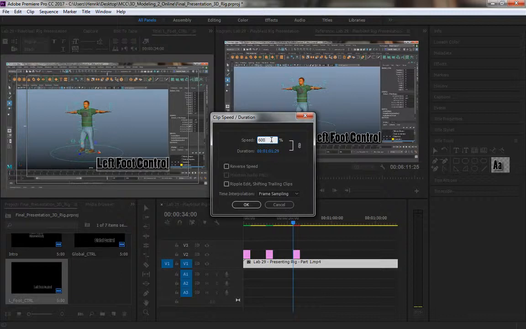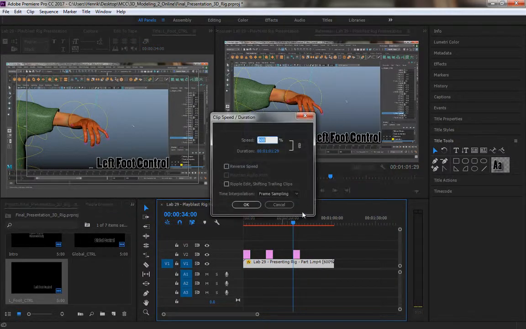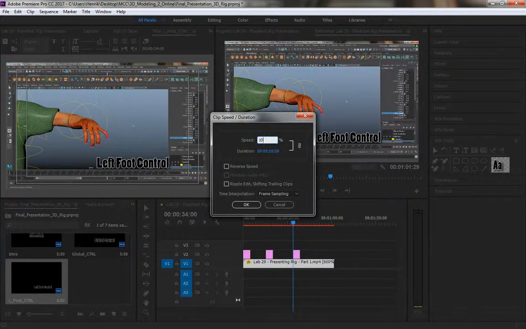You can speed up your video, and then you probably press OK. Then you'll have to go in and readjust your titles. But that's a way to make your video shorter. Typically, you don't want this to be any longer than 2 minutes. Nothing longer than 2 minutes. So when you're finally ready to export, and I'm actually going to make this even shorter for the video itself, just so you guys can see. Let's make it even shorter. Let's say